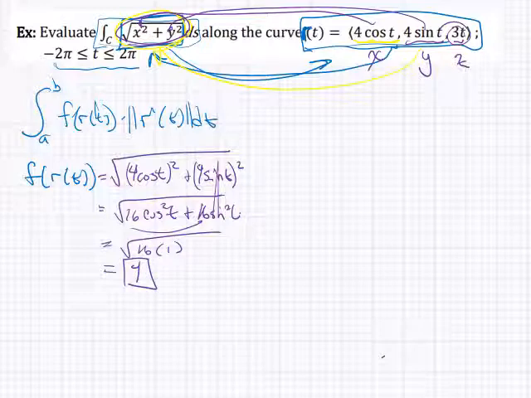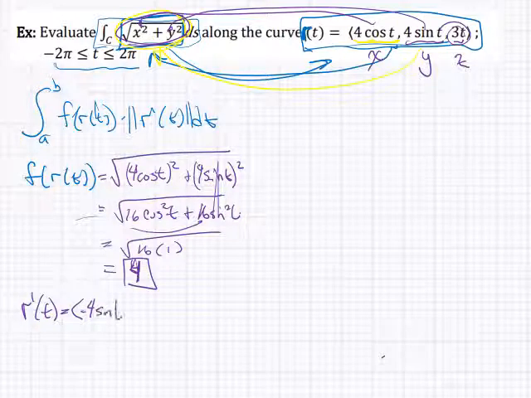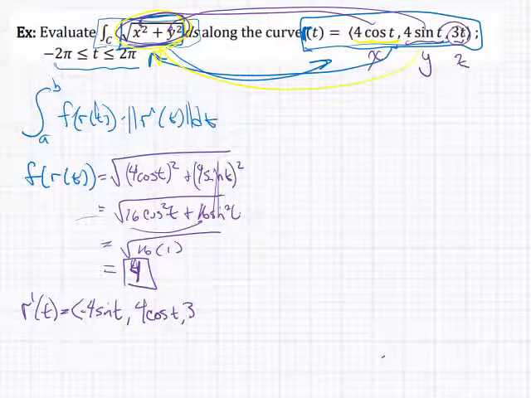We know that that's not going to always be a constant there. I'm sure you can see that sometimes it'll be some function of t, but nonetheless that's f of r of t for this example. Then we need to find the magnitude of r prime. So first we need to find r prime, which we should easily be able to do. We've done derivatives of vector value functions before. So that's minus 4 sine t, 4 cosine t, and 3. And the magnitude of r prime